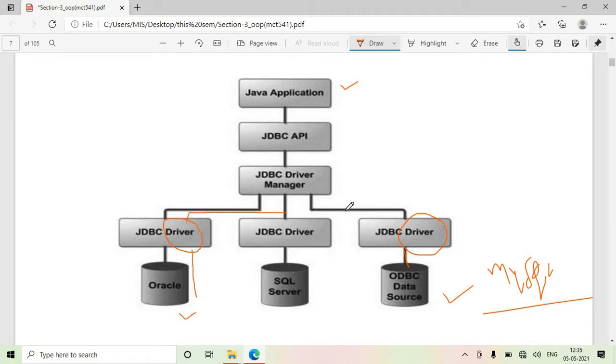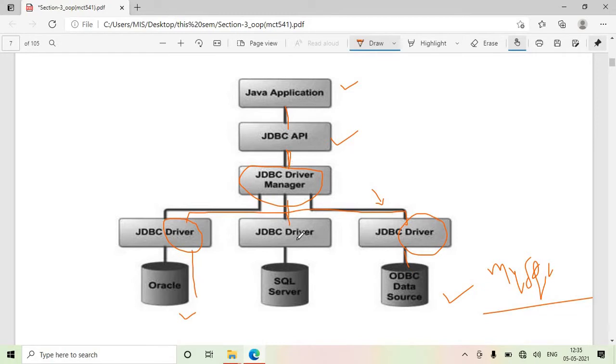Now all these drivers are managed by the JDBC driver manager. So you will not be interacting with these drivers directly. Your Java application interacts with the JDBC API. This API then interacts with the driver manager.